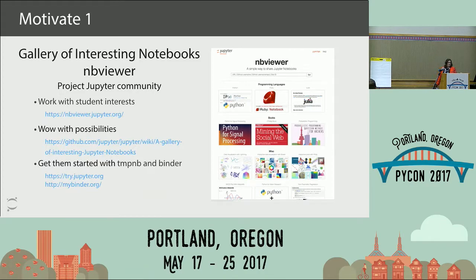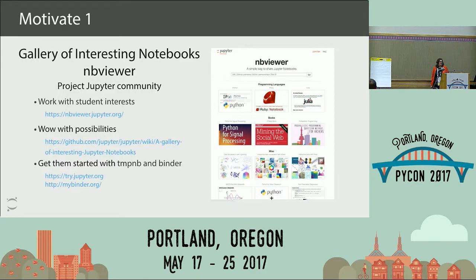But you can work within the student's interests. So the gallery of interesting notebooks is everything from music, art, economics, science, quantum mechanics. I wish we had that when I was doing my engineering education, because that was one of the hardest classes to visualize what was going on.